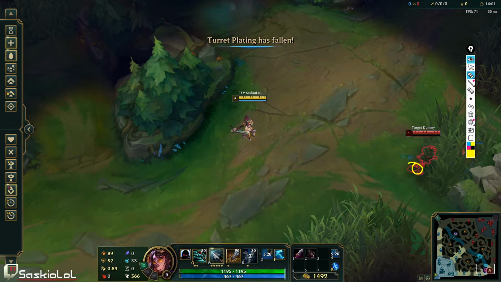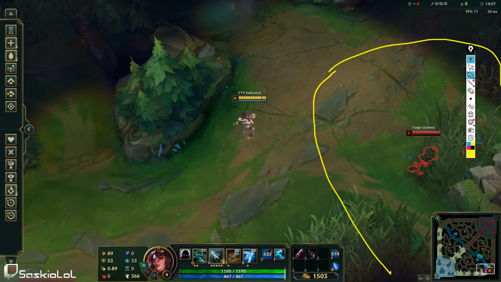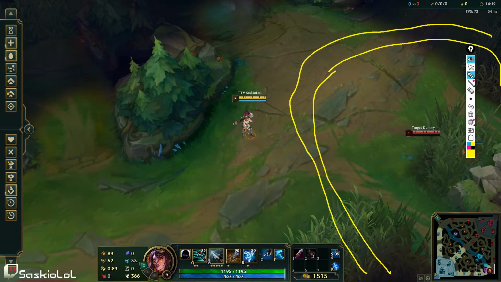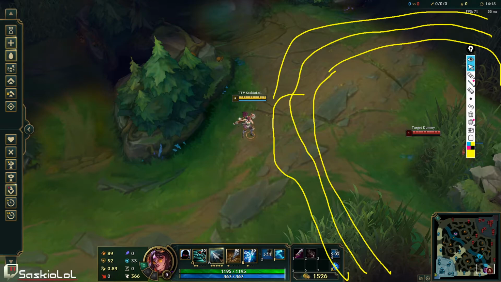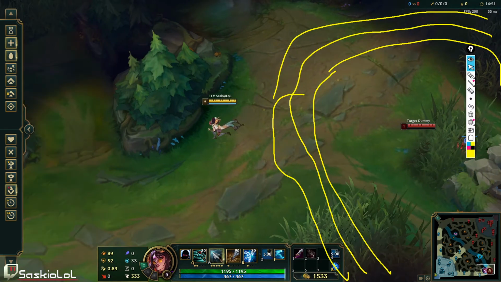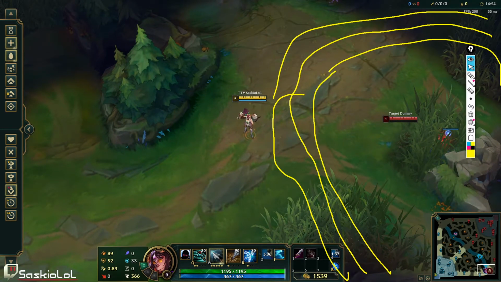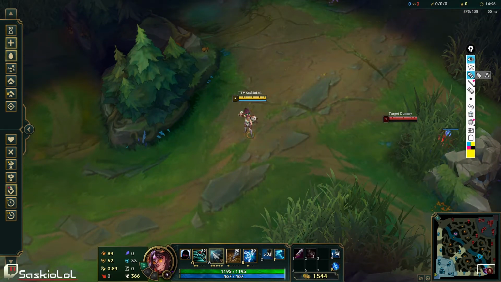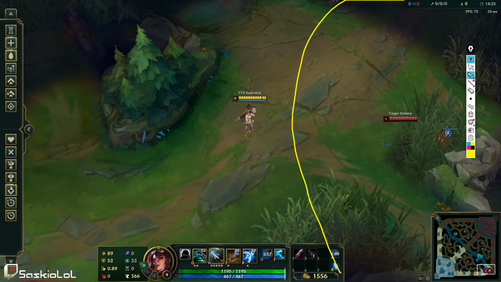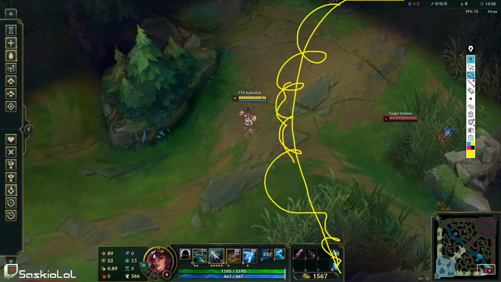So with that being said, if he's standing here, now we draw Brand's zone of influence, right? His auto attack range is probably something like that, okay? His W range is probably something like this. It's very ugly, but it's whatever. And then obviously it extends a bit further. This is probably Brand's W range, okay? Let's just draw Brand's W range, okay? 1 circle. And then it probably extends a bit further, so probably like this. Something like that, okay? That is Brand's W range.